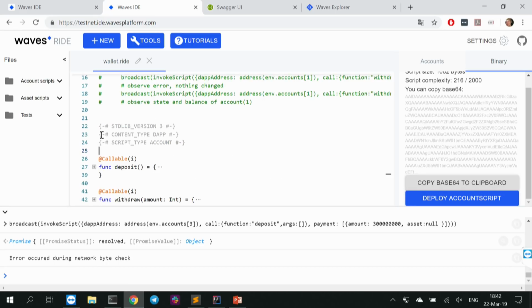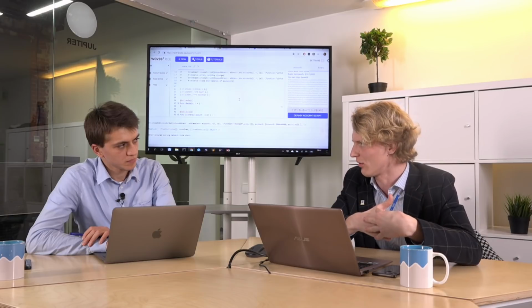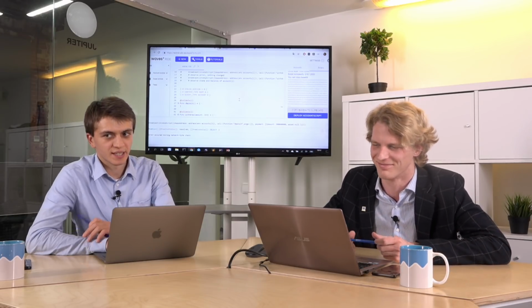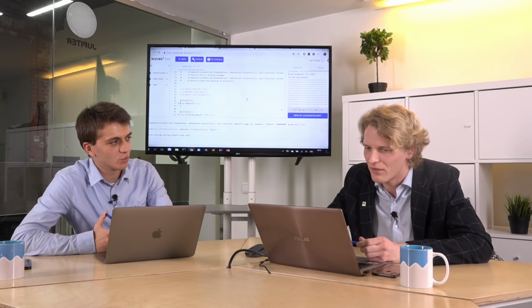So let's build a small smart contract that works like a wallet, so that someone can deposit tokens there. In our case, we'll limit it to Waves only. And then people can withdraw, but everyone can withdraw only his own or her own funds. So it's just like one wallet for a lot of people. We can deposit some tokens there, it just holds them, and we can get them back in any situation. But for sure, we can add some custom logic, so that you can take it back only after, I don't know, 1,000 blocks. Yeah, of course.